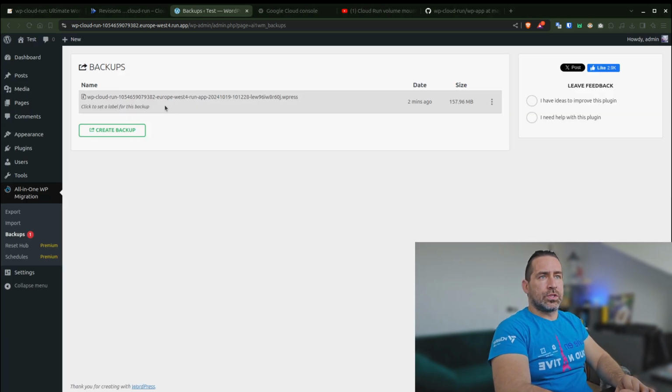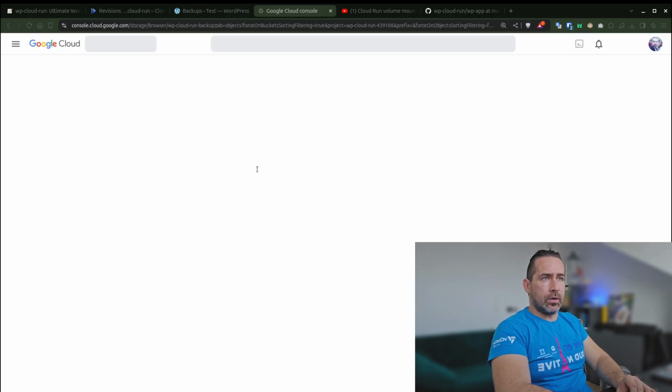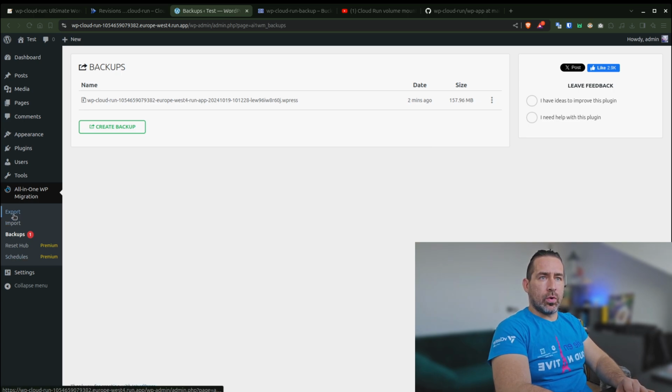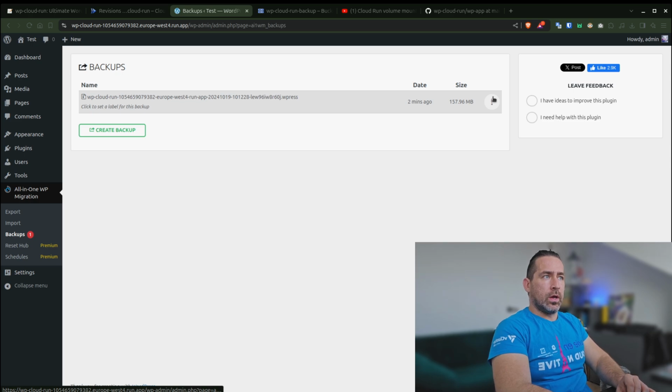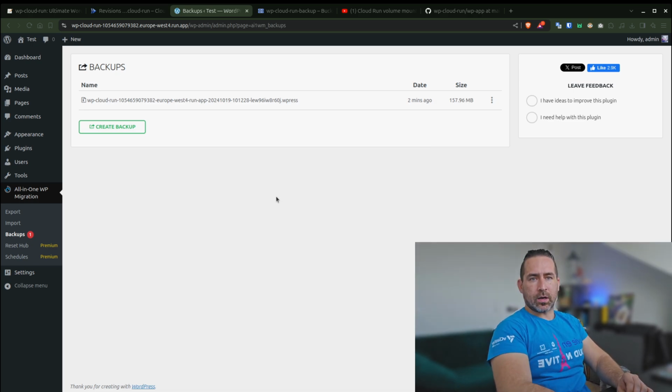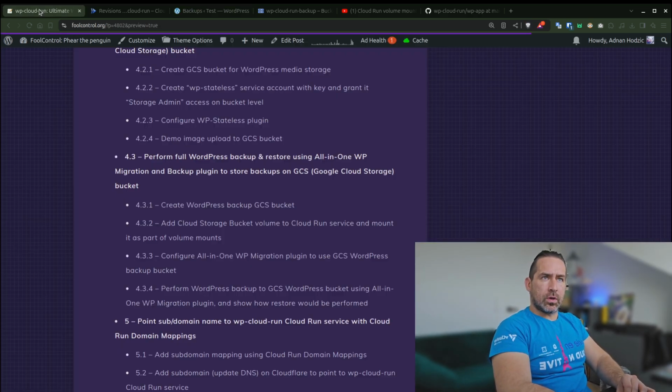After it's done, you'll see the name of the backup, and your backup will be available as part of the bucket. So you have your backup and you can restore it. If I just click here, restore, and that's it. You have enabled backup. So I think that covers all of the steps here. Yep. So let's move to the